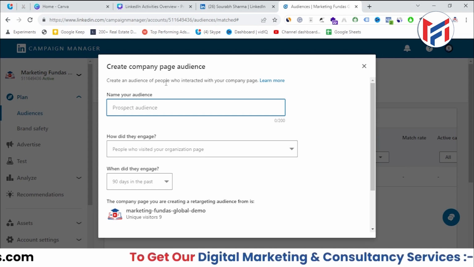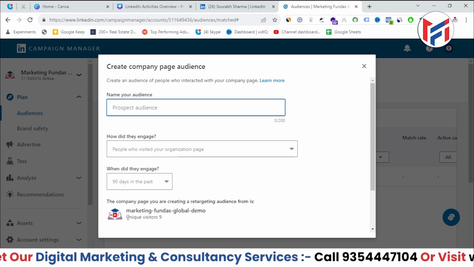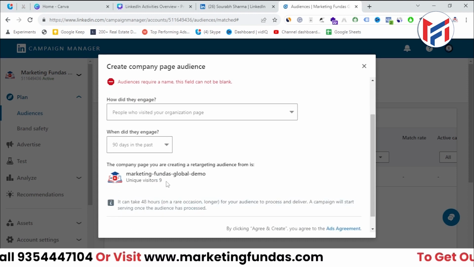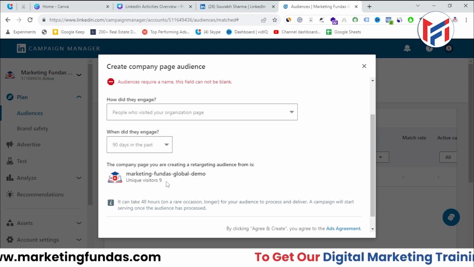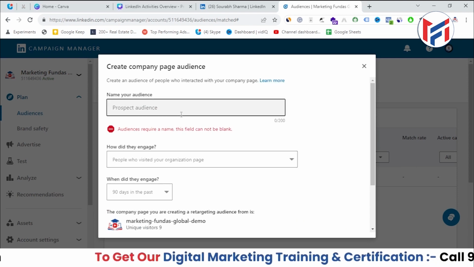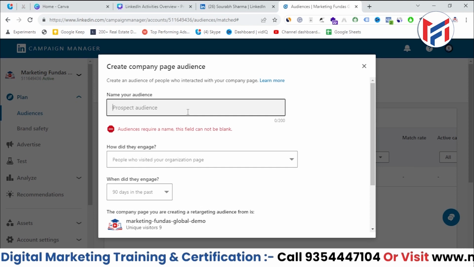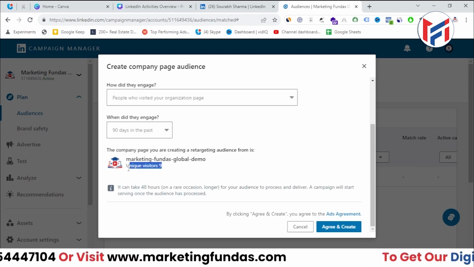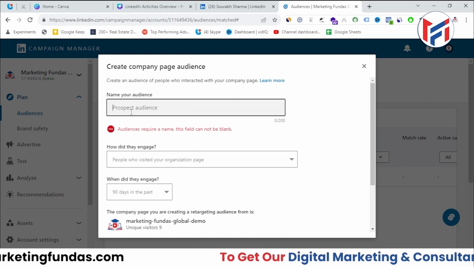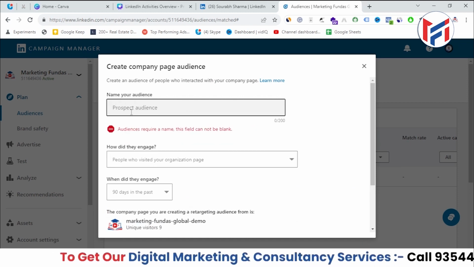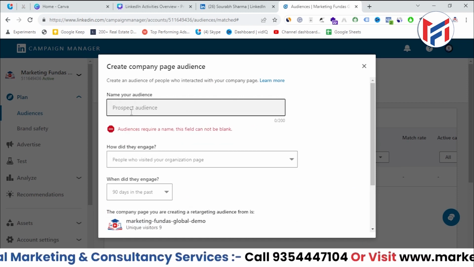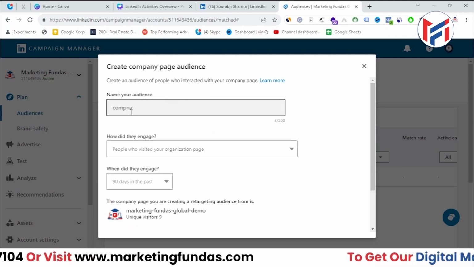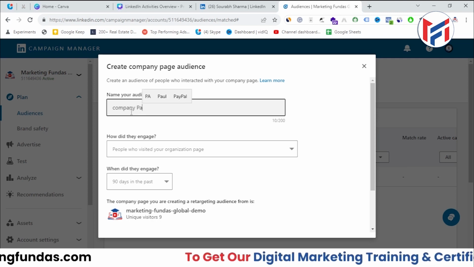Right, now here it is showing we do have only 9 unique visitors, but people do have 100,000 or maybe 1 million unique visitors. So in that case you can create a list of those audience as well. Right, this is totally a demo page, that's why we do have only 9 visitors. Right, so what you need to do is you can create the name of this list. So I'm adding company page data